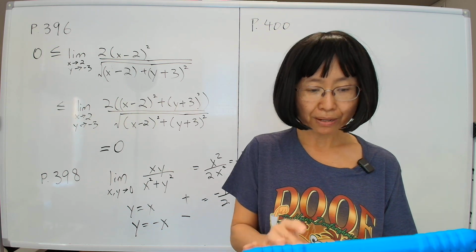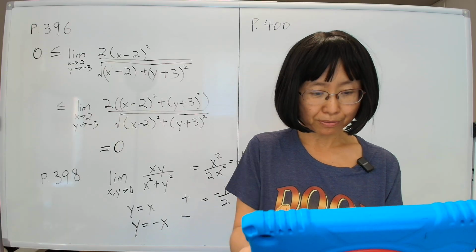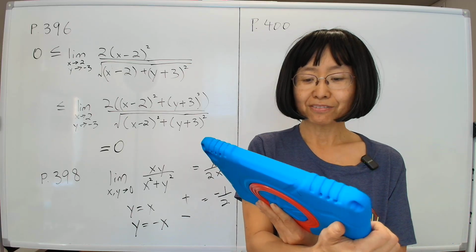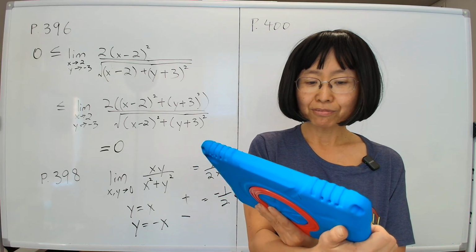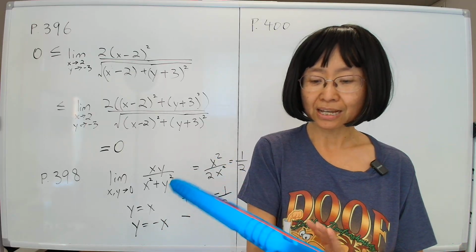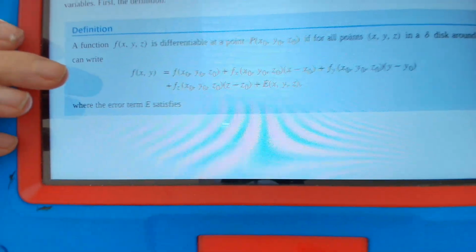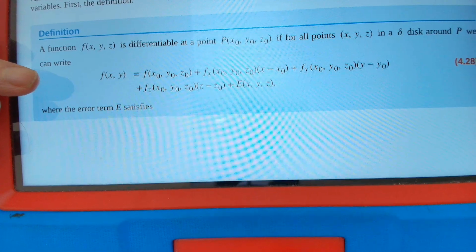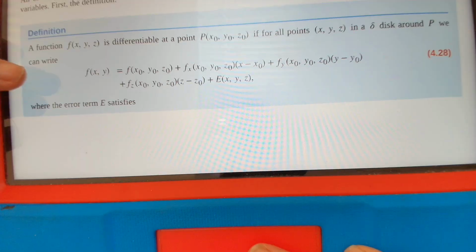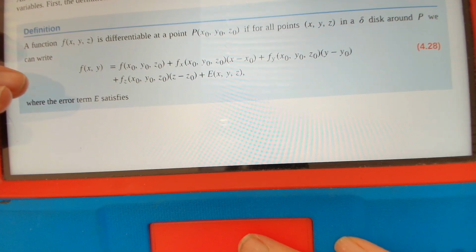And with that, let's talk about the last item in this section, differentiability of functions in 3 variables, on the next page. Well, the 3 variables change nothing, okay? So the function is in 3 variables, and to prove differentiability, we define it exactly the same as for 2 variables. That is, the function is differentiable if the value of the function at the point, plus partial x times x minus x0, plus partial y times y minus y0, then you have one more thing, partial z times z minus z0,